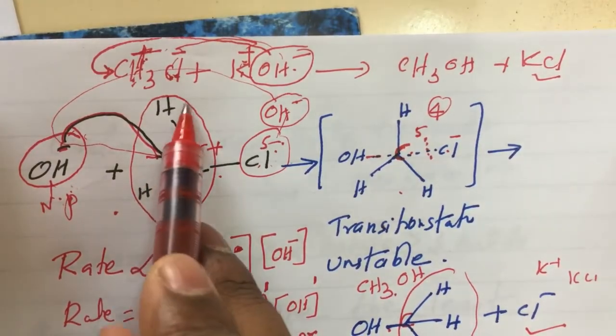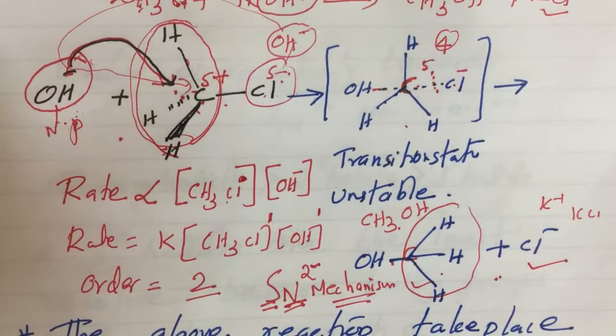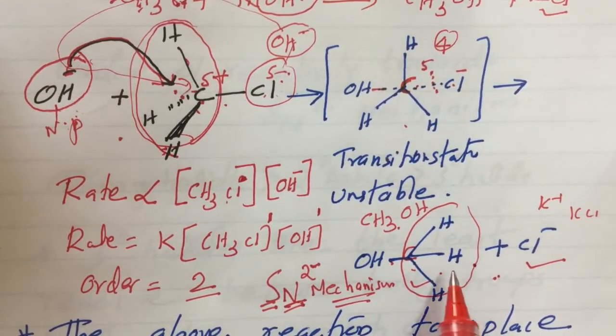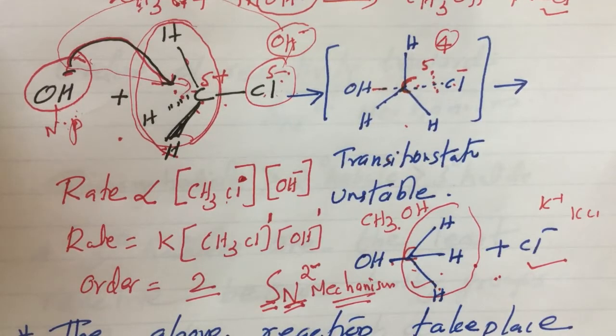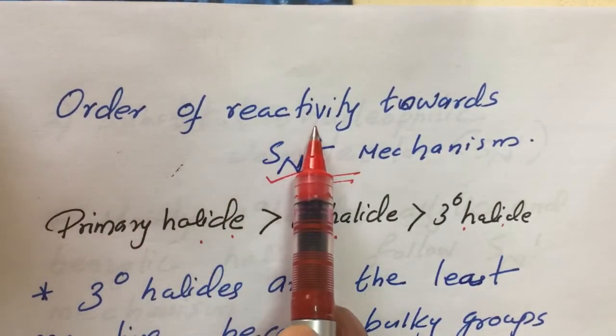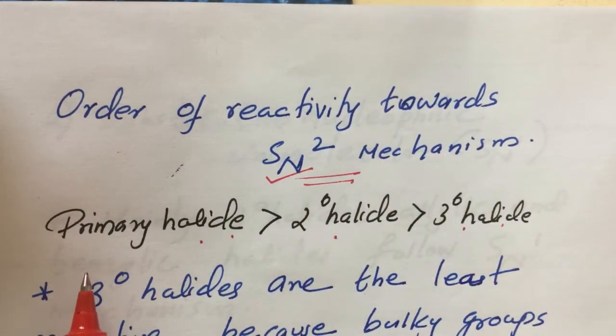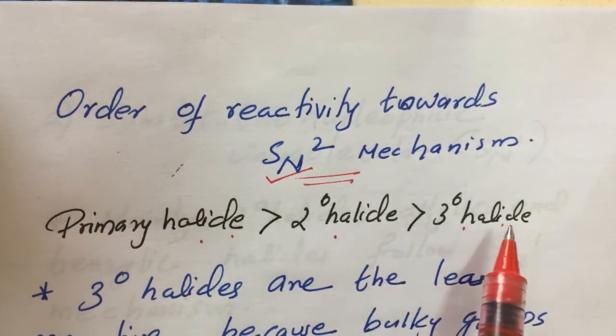During the reaction, the positions of the 3 hydrogen atoms completely change into another direction. So it is called inversion of configuration. Okay, next is the order of reactivity towards the SN2 mechanism. Among primary halide, secondary halide, and tertiary halide,